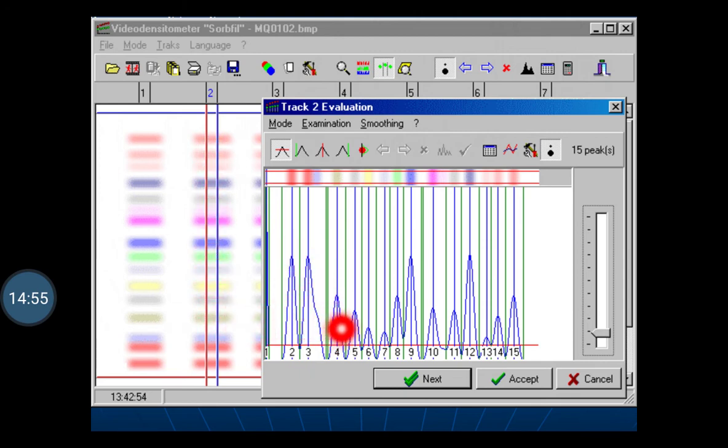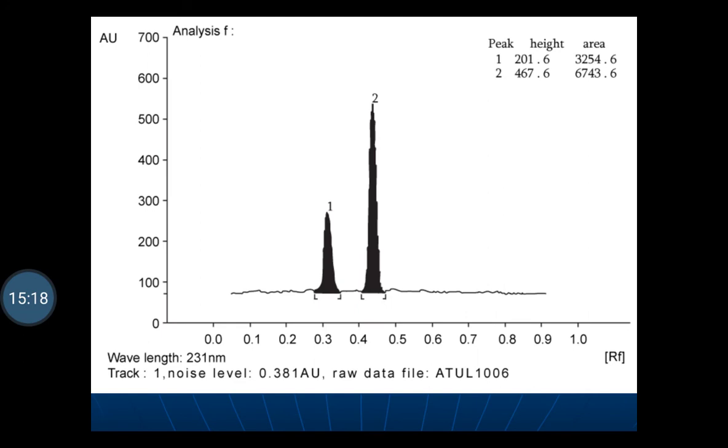This blue line shows the graph. Depending upon the number of peaks, you can determine how many components are present in that particular extract, and depending upon the area under the peak, you can determine the concentration of that particular component present in that extract. So, it can be used for both qualitative and quantitative analysis. Automatically you can get the peak, the height of the peak and the area under the peak. Ready-made data is available.